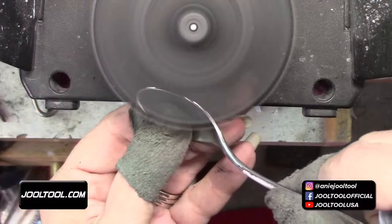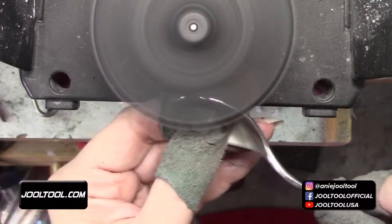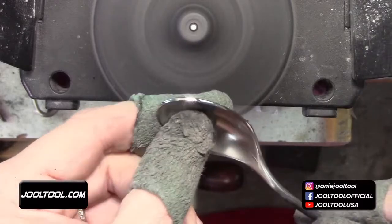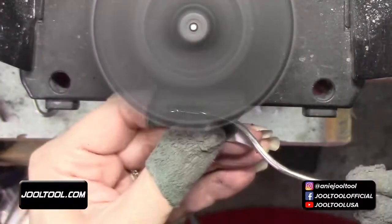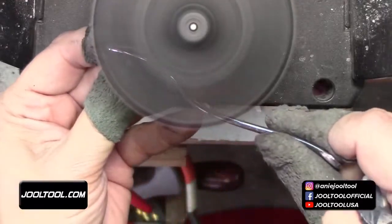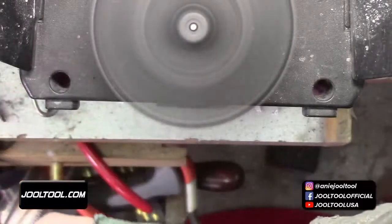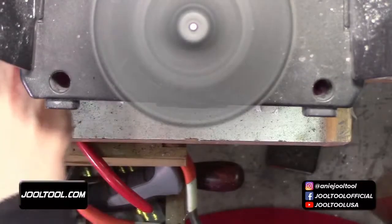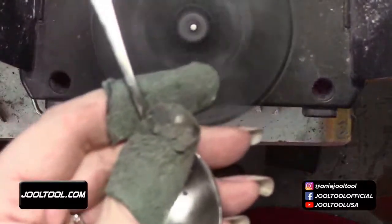Well, this was a good twofold. You guys got to see satin finish and the polish. You guys see that? Like, wow. And you guys see, even as a flat wheel, do you see how it conforms? You know? Are you laughing, Yarrow? Oh. So we did one side. Let me wipe this with my...